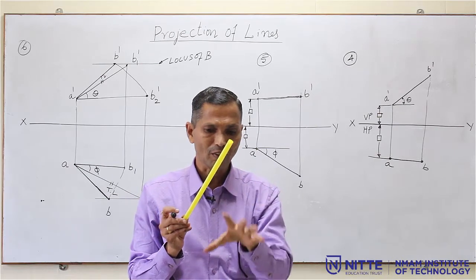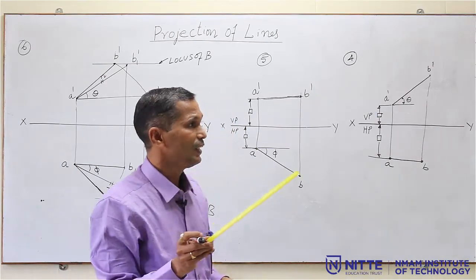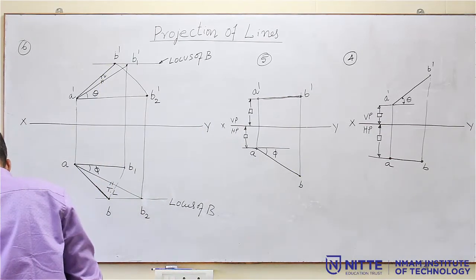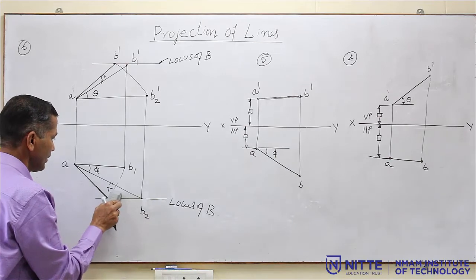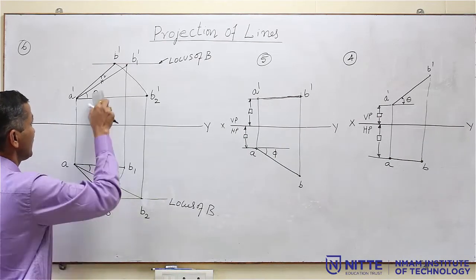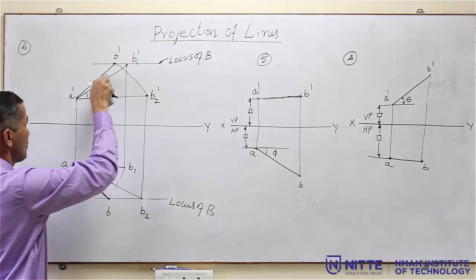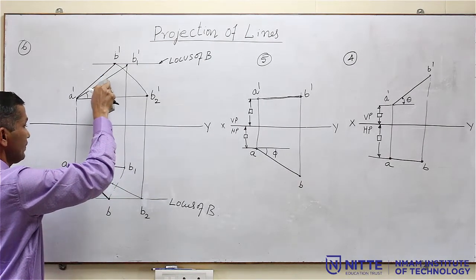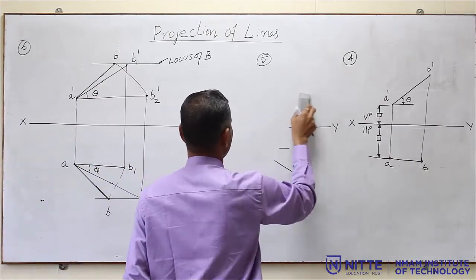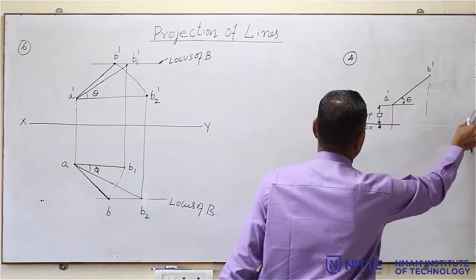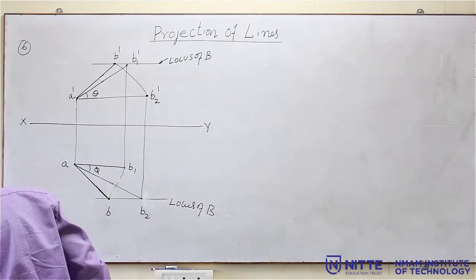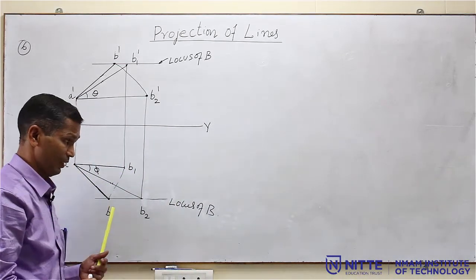So in this position the top view is AB and the front view is A dash B dash. This is the actual solution you have to get for all the problems. You have to remember this, otherwise it is not possible to solve any of the remaining problems. This particular figure is not required now. For all the problems we are going to solve from the question bank, this will be the solution.